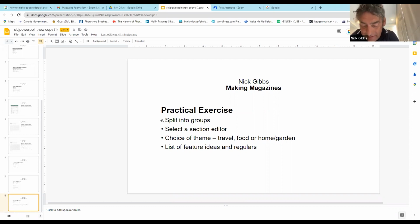I understand now exactly what you're saying, and it's a really interesting point, because if you start with too much factual information, A, it can be really boring, and B, you tell too much too early, because what you want is for people to read as much of a magazine, or listen to a radio show, as is feasibly possible. But at the same time,